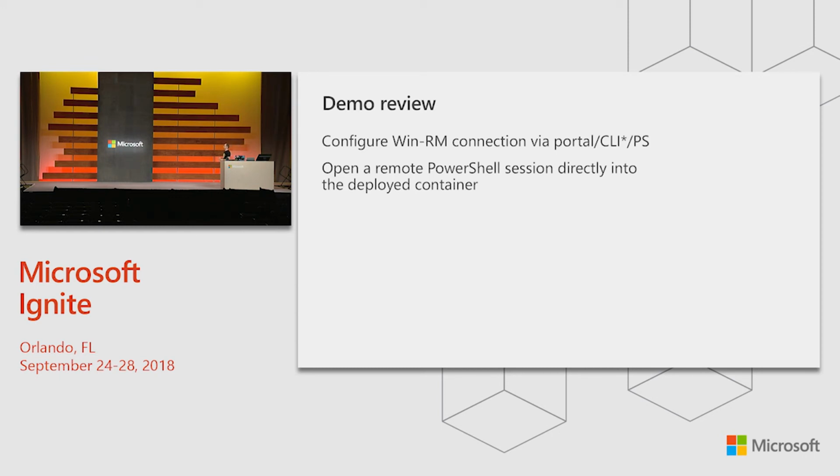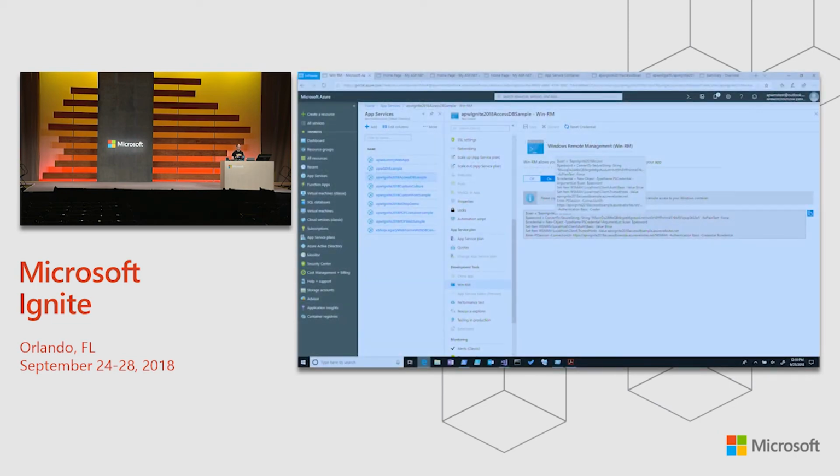So with Linux containers, your remote access option is SSH. You can SSH into the container and work with it. In the Windows world, most admins are actually familiar with Windows Remote Management. So we've enabled Windows Remote Management inside containers. You don't need to do anything inside your container to make it work. We do it for you. We inject a module at runtime, and then we're able to enable WinRM directly into the container. And to do this,